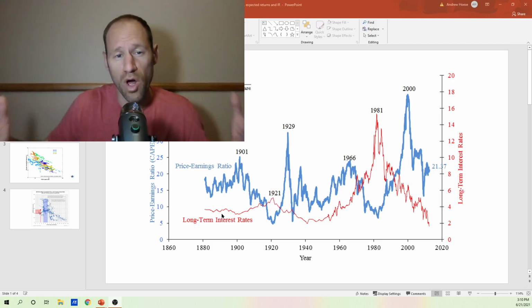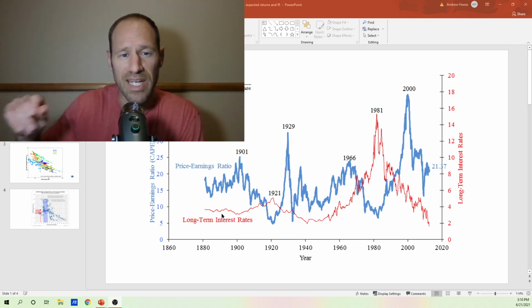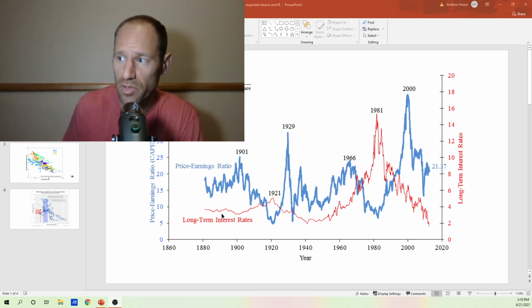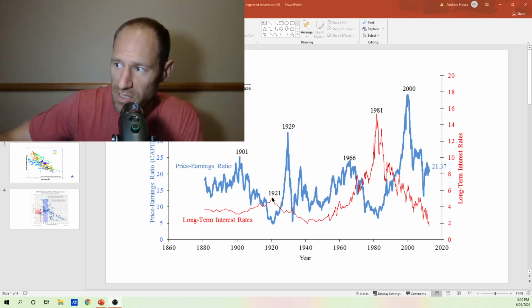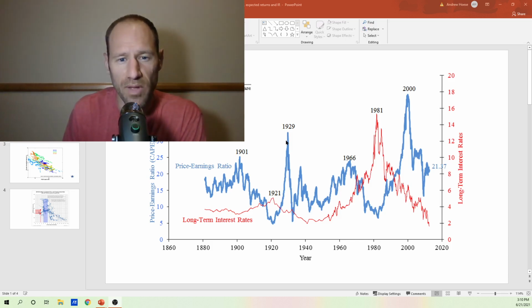But the overall big picture view in a rising interest rate environment is lower price to earnings ratios for general stocks, something in an S&P 500 or something in a Dow Jones. Now look at the opposite side. When interest rates were very high and start to go down, stocks want to rocket higher. People move their money into stocks. The PE ratio expands in a declining interest rate environment.